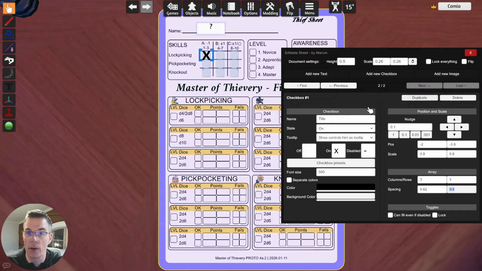So for example, if I duplicate this, duplicate, and then I can move this duplicate around here if I would have a better place to put it. So this is how it works.